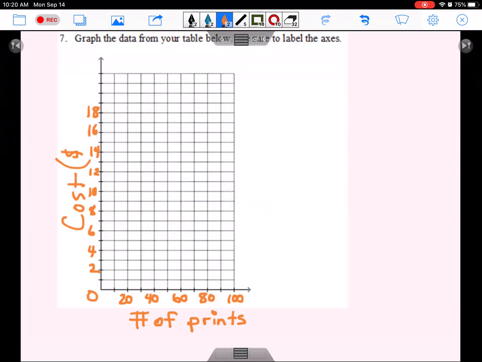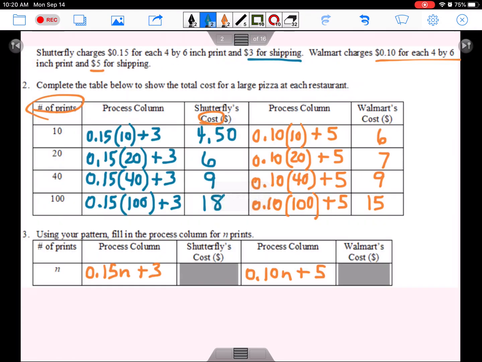Now I've already mapped out, chosen a scale horizontally of 10 and I labeled every other one, and then vertically I chose a scale of 1 and labeled every other one. Notice we've got number of prints, we've got cost. All right, so if I use blue for Shutterfly, now we're plotting all of the points from the table. So we're going to plot a point at 10, 4.5,